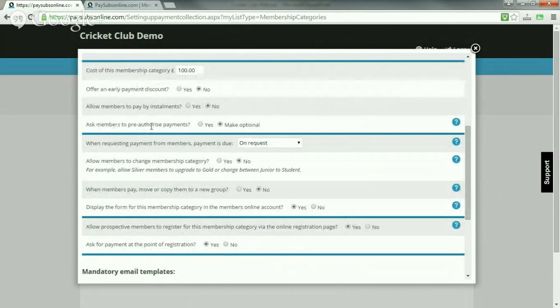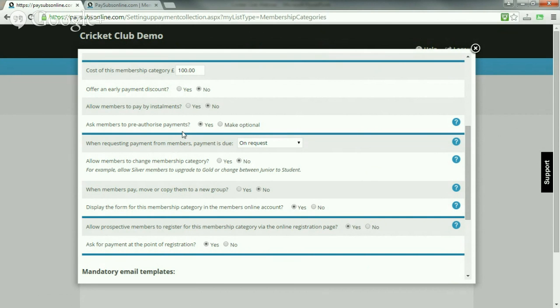There's one worth talking about. You can ask people to pre-authorize future payments to the club. Particularly useful for the seniors if you're collecting match fees each week. So if you make the pre-authorization request mandatory, when they log in to pay for their annual membership, they're essentially agreeing that each time the club requests payment from them, you can go off and automatically collect it and the system will reconcile it.